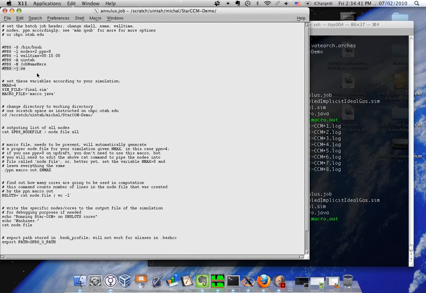It's the PBS -j option. It tells you to join, and o means output and e means error. If you don't join them, it will create two files while your simulation is running: an output file and an error file. However, if you have a bug, or multiple bugs, in your case setup, it will give you